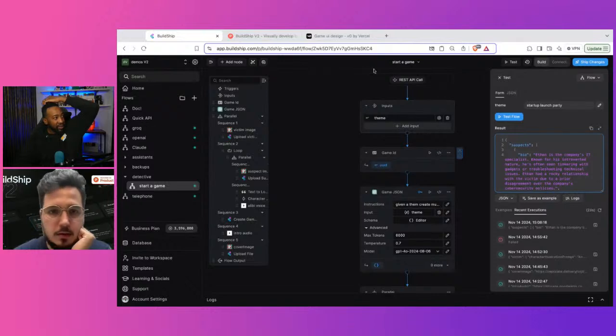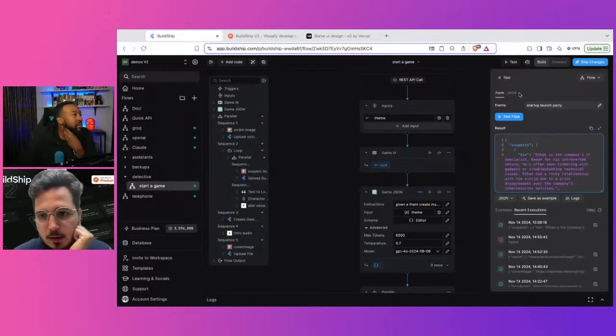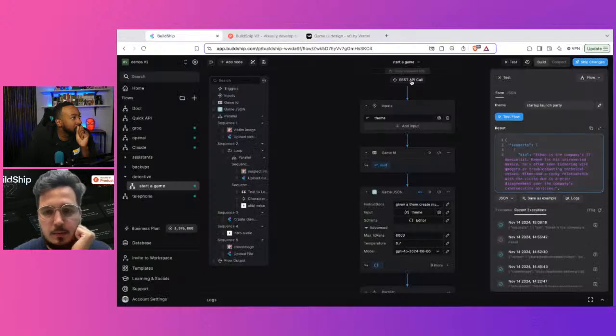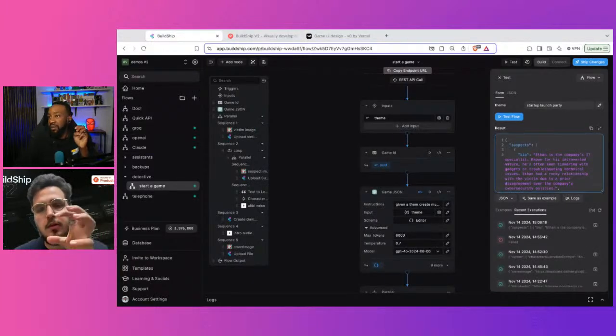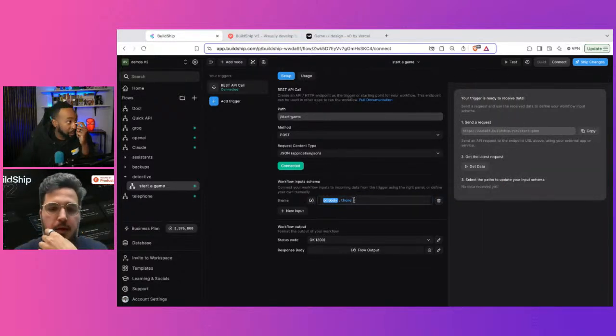So we have the theme here, and that becomes part of the REST API. The REST API call is the part where we're exposing the backend to the rest of the world. And then here we're passing in the theme